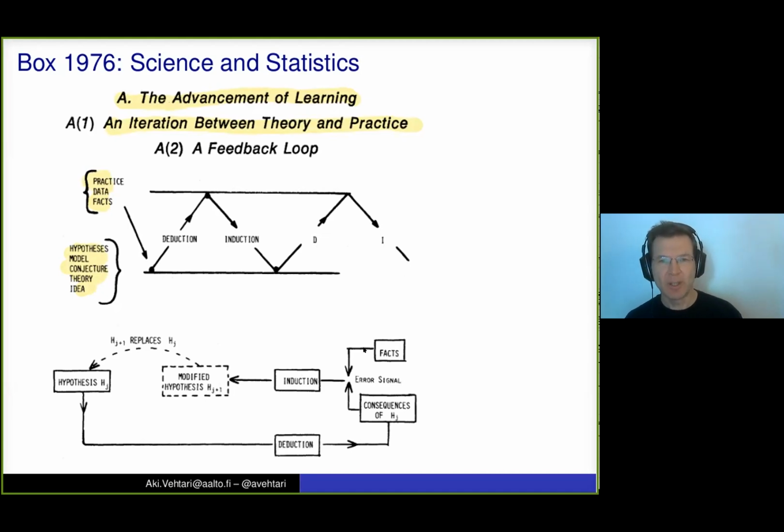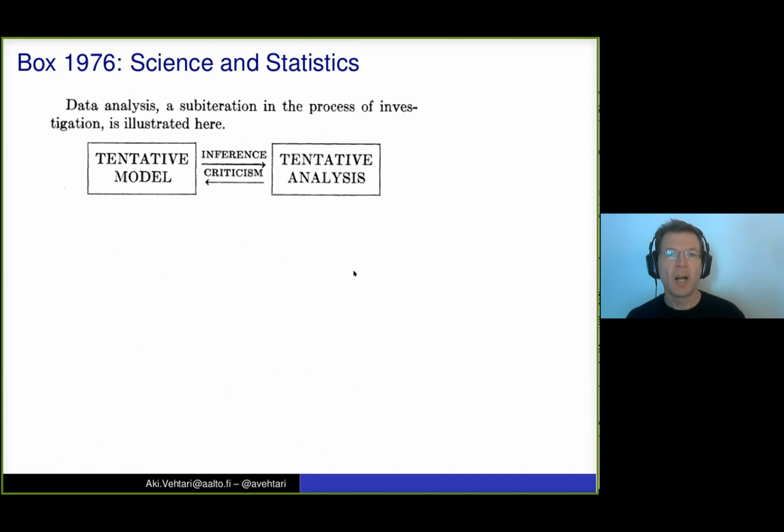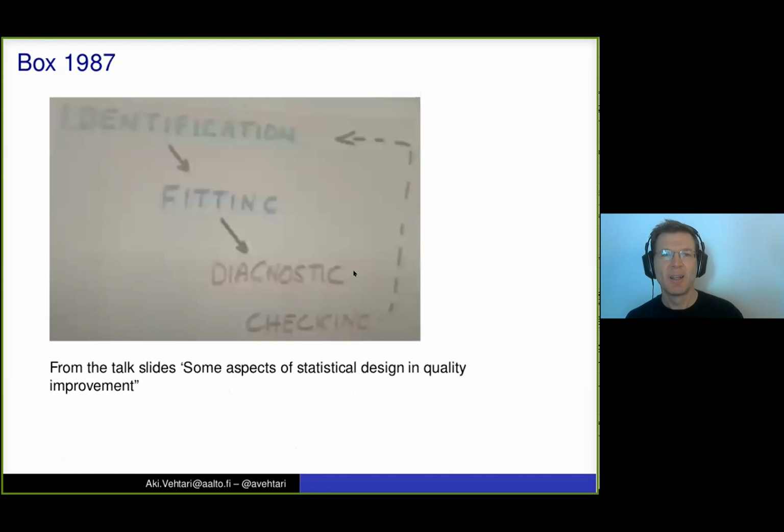And then it was also illustrated with this feedback loop going around, where when we learn more, we update our model. So this iterative feedback loop. Also a simpler figure in the same model. In Box's 1987 talk available on YouTube, there are additional steps: identification, fitting, diagnostic checking.